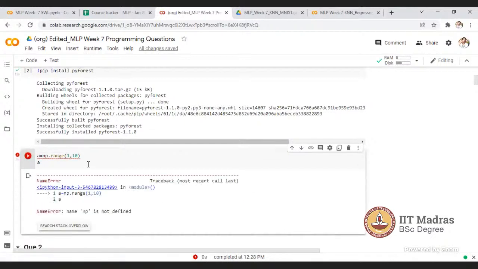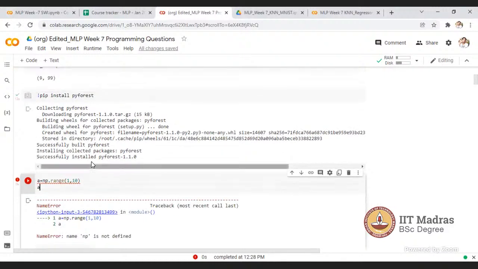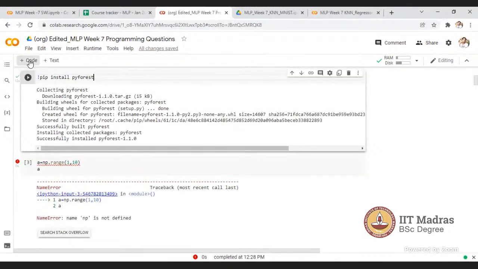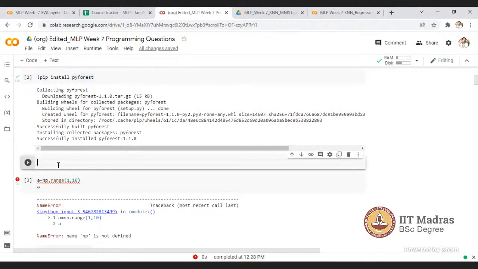Right? Yeah. A range, no? Oh, NP is not defined. Okay, NP is not defined. Yeah, the error is coming. Then you have to use numpy, right? You can't use NP. No. It has saved in NP only. But I haven't imported that. I just installed that, but I haven't imported it. I think after importing this one, it will work.